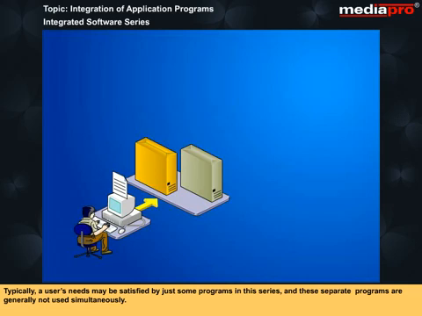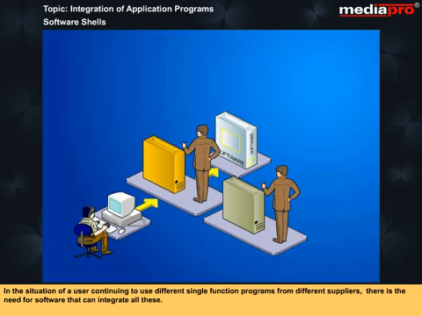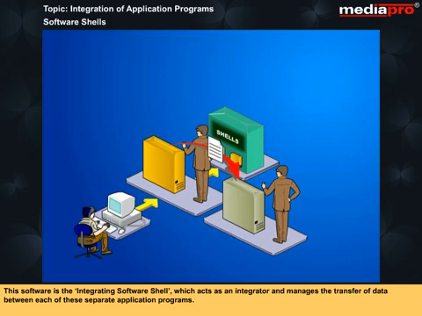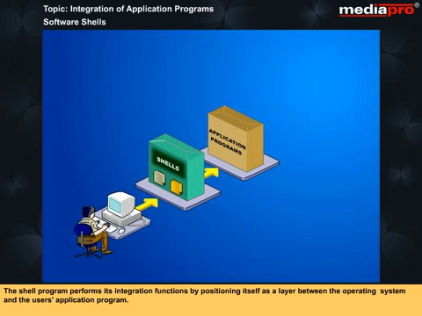Typically, a user's needs may be satisfied by just some programs in the series, and these separate programs are generally not used simultaneously. In the situation of a user continuing to use different single-function programs from different suppliers, there is the need for software that can integrate all these. This software is the integrating software shell, which acts as an integrator and manages the transfer of data between each of these separate application programs. The shell program performs its integration functions by positioning itself as a layer between the operating system and the user's